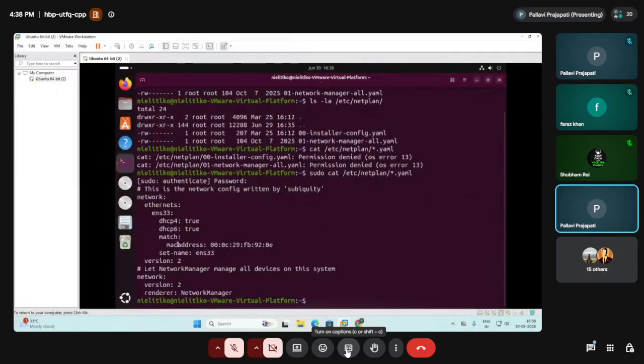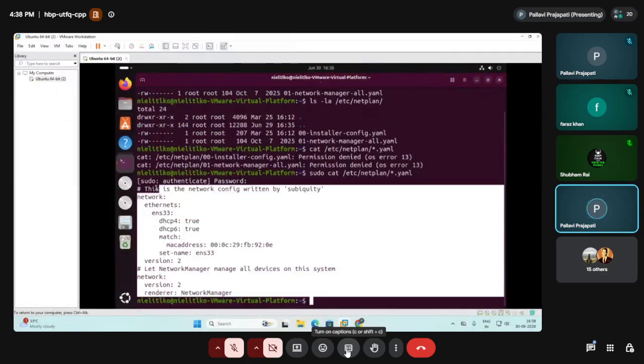Okay, see, so this is the information. You can display this information. If you want to see the information, you can use the cat command, and there is a read write permission, but only to the owner, the owner of the file.